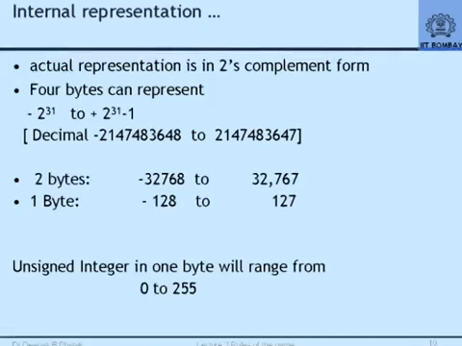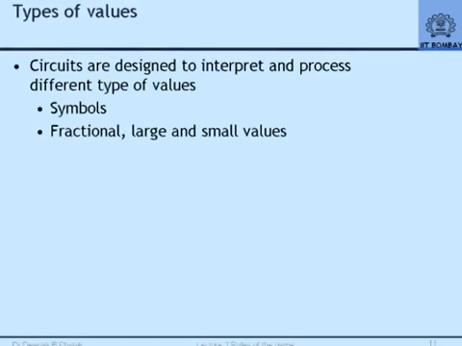We will just note these. Even this is not relevant. You see, minus 2 to the power 31 and minus 2 to the power 31 minus 1, there is hardly much difference. Okay. So, as far as we are concerned, in fact, what we should note is, if I have a 1 byte location, it can contain very small numbers. If I have 2 byte location, it can contain relatively larger numbers. We will take it as approximately 32,000. And if I have 4 byte locations, it can contain still larger. If I have 8 byte locations, it can contain still larger numbers. That is good enough for us. So, circuits are designed to interpret and process different types of values.